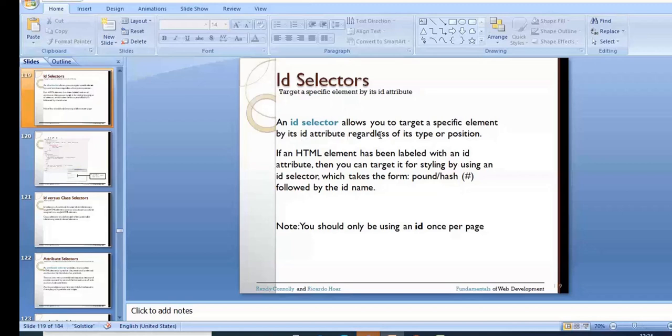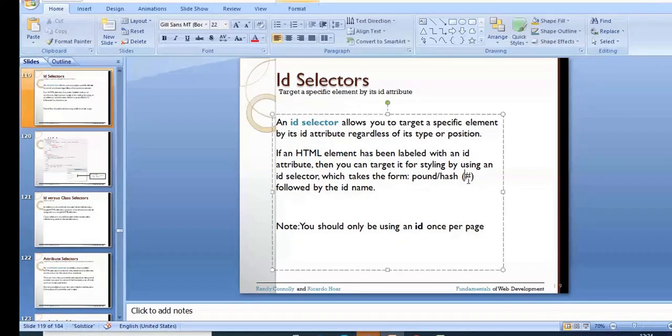Wherever the tag is in the HTML document hierarchy, you can just assign the ID attribute. Using that ID you will be able to apply the CSS. In a class selector we have used a dot, but here we are going to use the hash symbol, hash followed by the ID name. That is the main difference in terms of syntax.